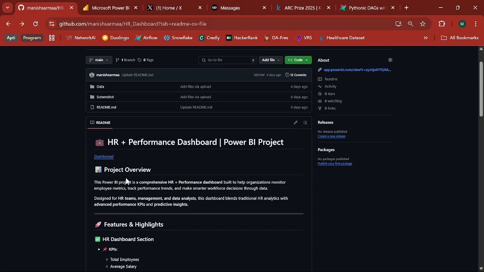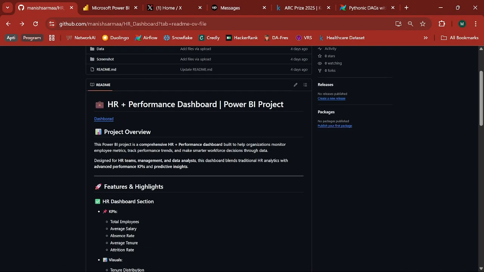It's a complete analytical solution that helps HR and leadership teams make better decisions using smart KPIs, predictive models, and